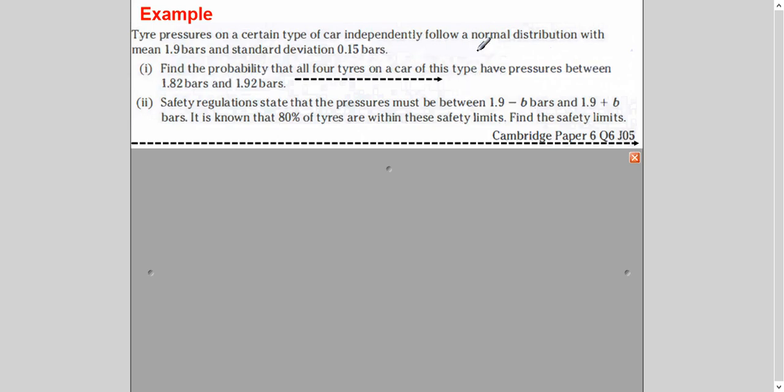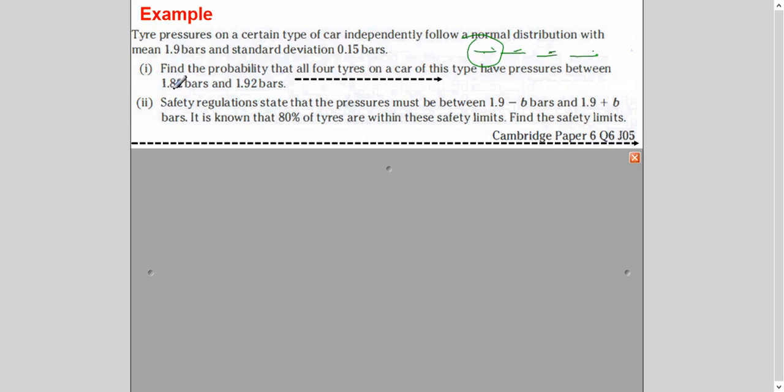So basically we are talking about 4 tires. But first of all, let's find the probability which will give us information about 1 tire, and then we will apply power 4. You know it because each one will have probability between this limit. So when we find this probability, it will give us the value for 1, and then we will multiply in each category the same, so it means power 4.